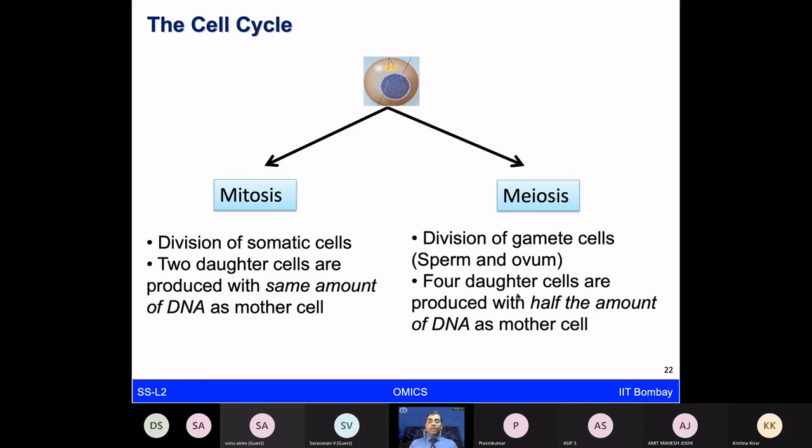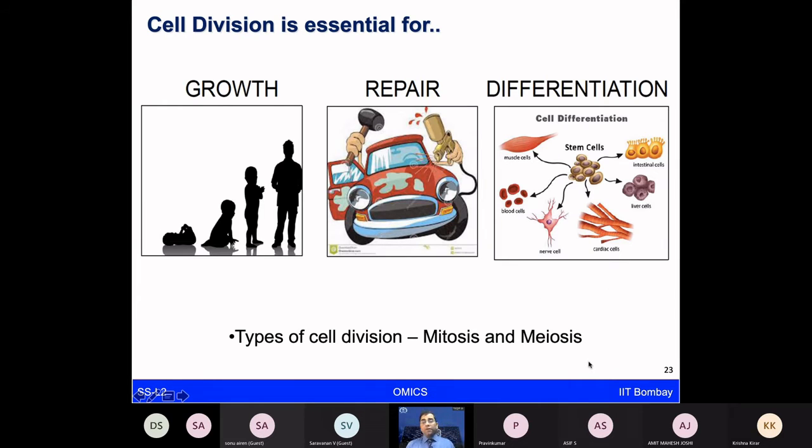Because then during the fertilization process, half the amount of DNA from the sperm and half from the ovum is going to come together, and then only the ploidy, or the overall genetic material, is going to be maintained. So broadly, what we are talking about is something very crucial. The way we go for the repair and maintenance of our vehicle and different other electrical appliances, it's like